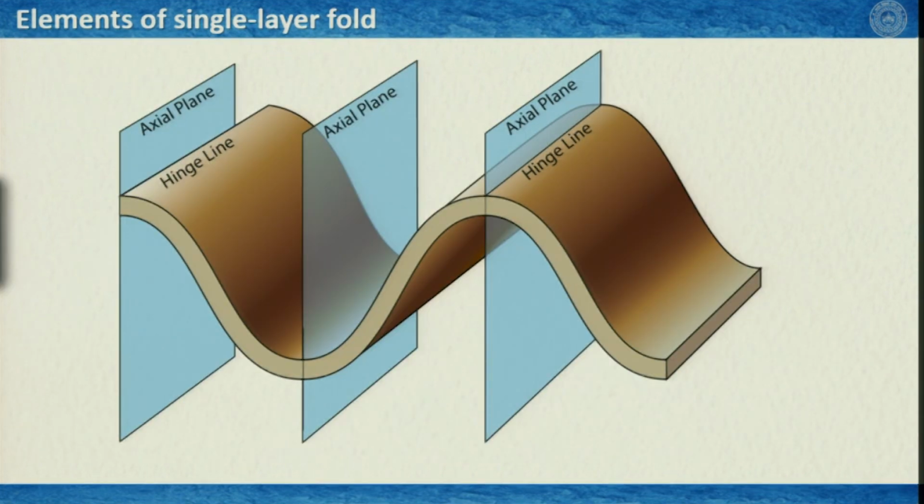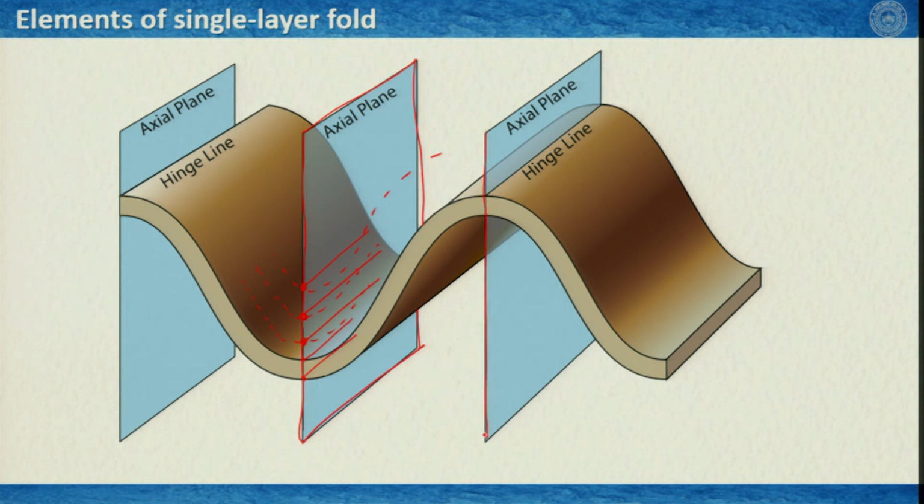Now, this is the illustration showing what the axial plane is. This is one hinge point, this is another hinge point, and if you can imagine, we have a series of folds here in the multilayer, then you can always find a series of hinge points and their corresponding hinge lines. If you connect all these lines together, then you generate a surface. This surface is known as the axial surface or axial plane that essentially has to pass through the hinge line.